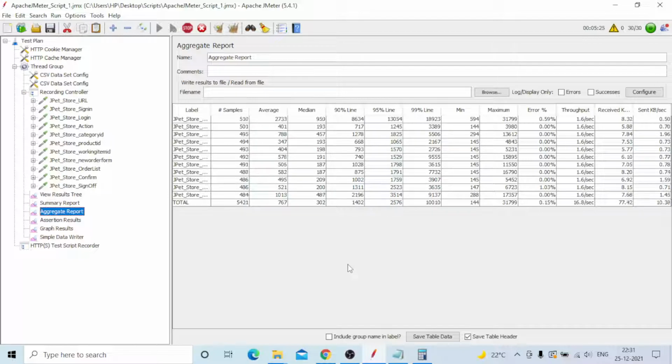And JMeter is also one of the other tools that will be integrated through BlazeMeter. Okay, JMeter and BlazeMeter are almost the same type. But JMeter is open source, developed by Apache, and BlazeMeter is a separate company.